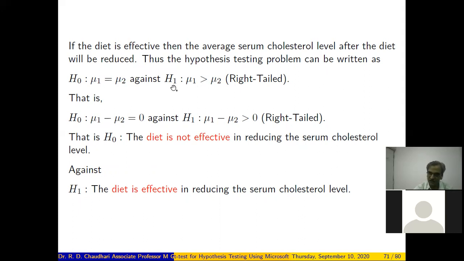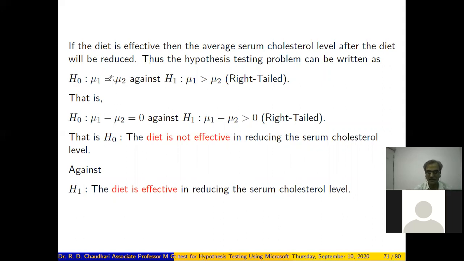So we have the alternative hypothesis H1: mu1 greater than mu2. That means the vegetarian diet reduces the serum cholesterol level, right? So this is the right-tailed hypothesis. So we are testing the right side of the null hypothesis.